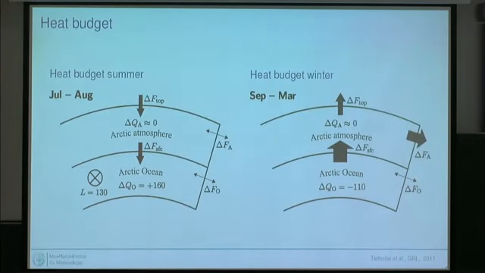And the reason for that is that while in summer we did get much more heat flux into the Arctic Ocean, much more surface heat flux into the Arctic Ocean because the albedo was lower, most of that heat was simply released back to the atmosphere as stronger outgoing long-wave radiation. So there's a very strong negative feedback stabilizing the ice cover and bringing back the sea ice to where it used to be.